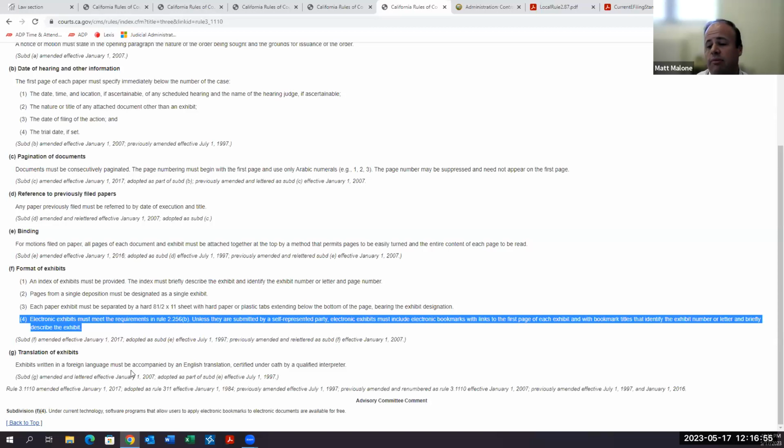And it's also important that the bookmarks are accurate. So I do want to call that out because while I don't know that anything's been rejected, I do know that we have had judges in tentative rulings call out failure to comply with this section because it is such an important tool for the court that allows it to navigate these large documents and give each of the exhibits the attention that is really needed as called out in the memo of points and authorities or elsewhere. Okay, I swear I'm almost done.